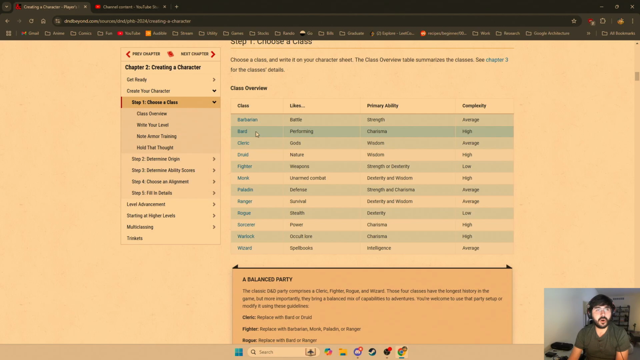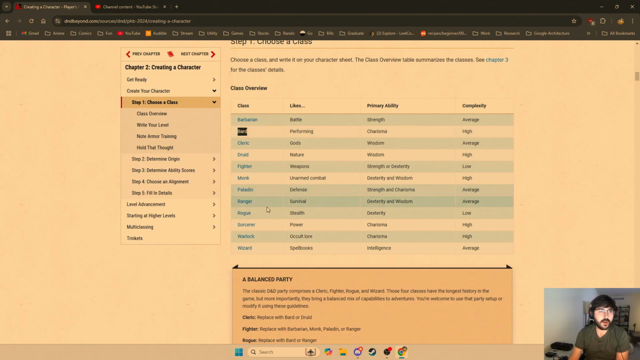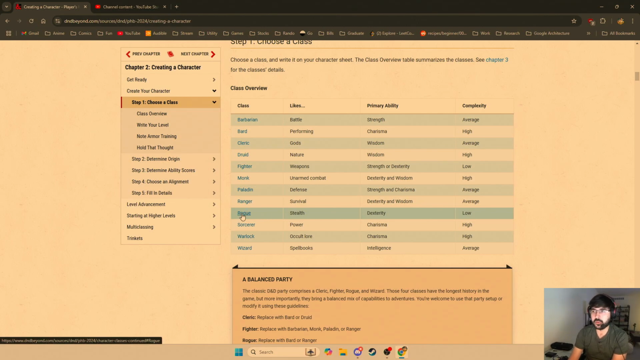Bards also are skill monkeys, and the only other person that's probably close as far as ability to be a support character is a rogue. Rogues are masters outside of combat. They are also very strong in combat, but they're all over the place as far as what they can do. Clerics, these people are normally